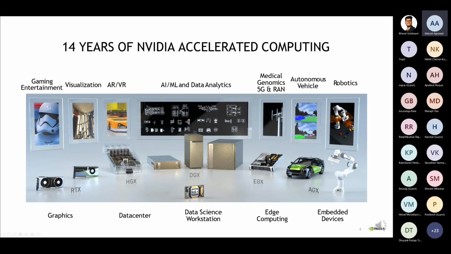Okay, now here you can see we are also into the medical and genomic sector, specifically when it comes to deployment at hospitals. So if you want an edge device at a hospital, you can use NVIDIA's Clara Holoscan type of machines, which is an EGX based machine. Same with 5G and RAN, it also uses EGX based architectures. Similar to that, we have